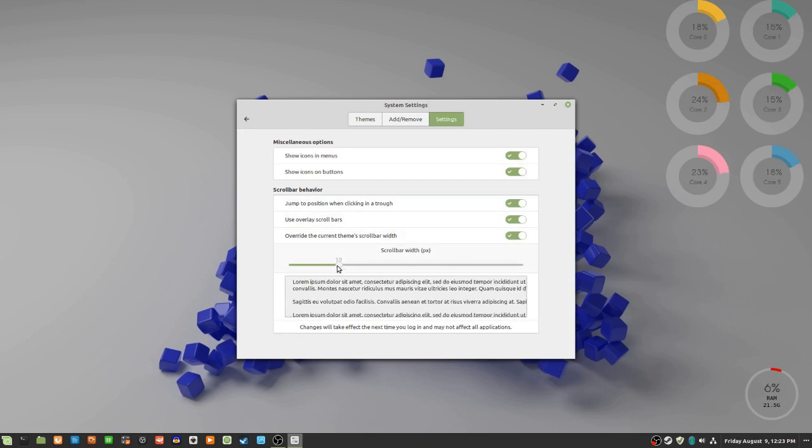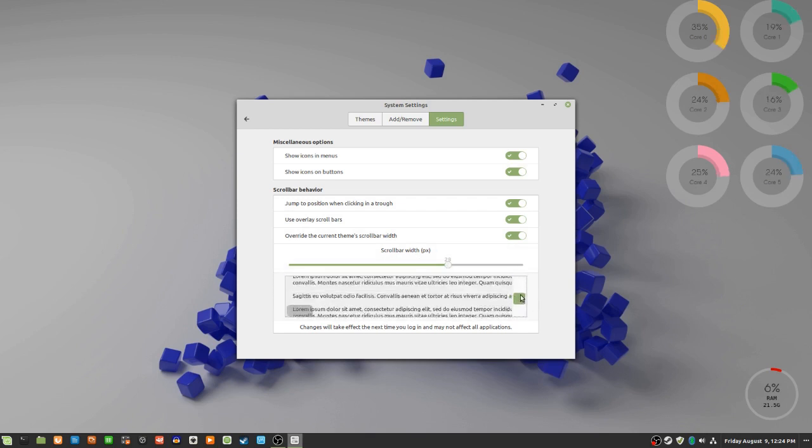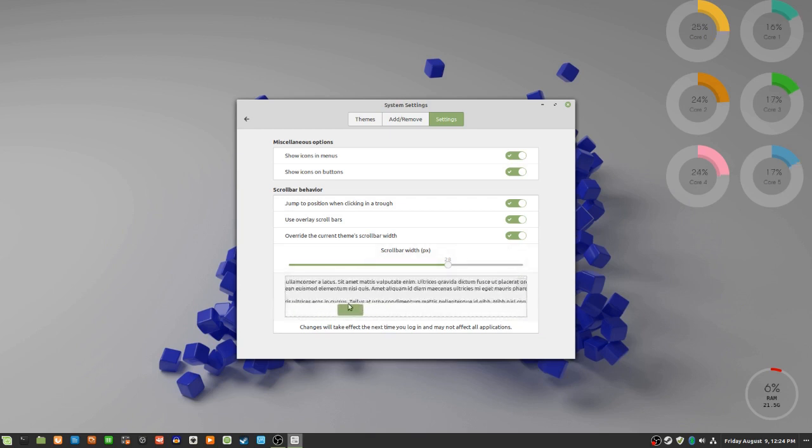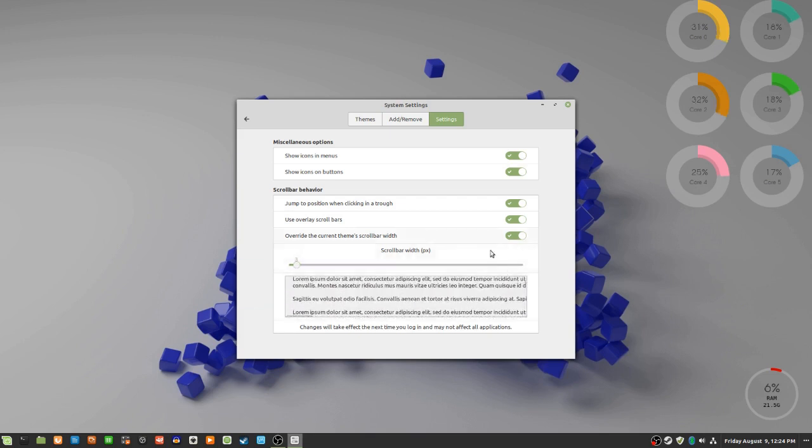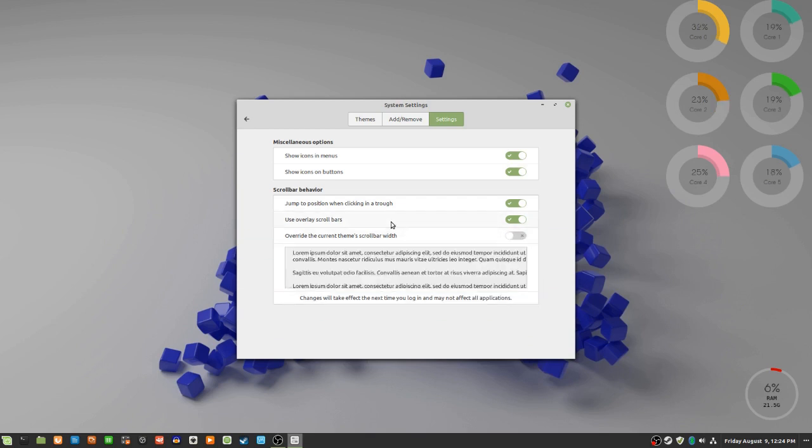So you can change the scroll bar width if you switch the little toggle switch here that says override the current theme's scroll bar width. You can change the width here, and you can change it to pretty much what size you want. Down here there are some preview scroll bars. Those are a little too wide. This right here is way too skinny. I'm probably just going to keep the current width, so I'll just turn that off, and it goes to the,